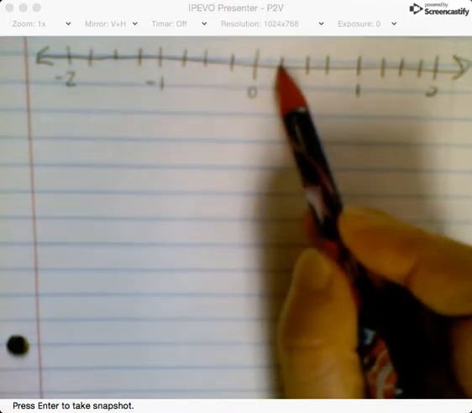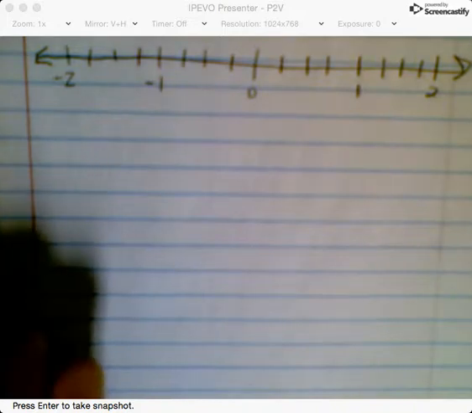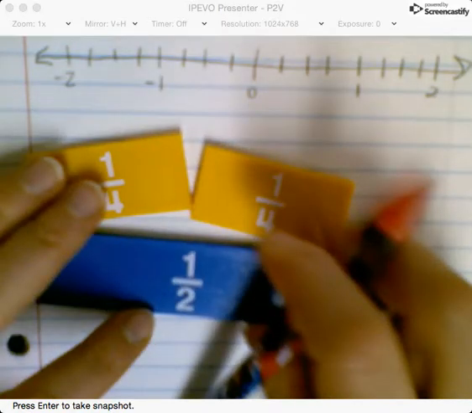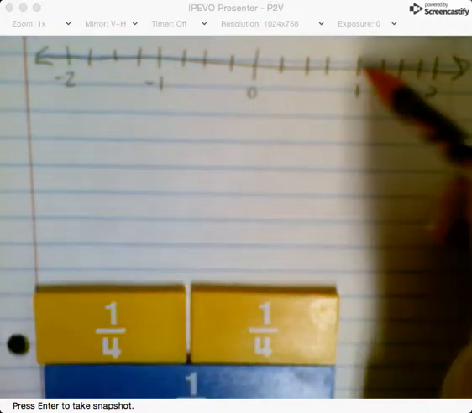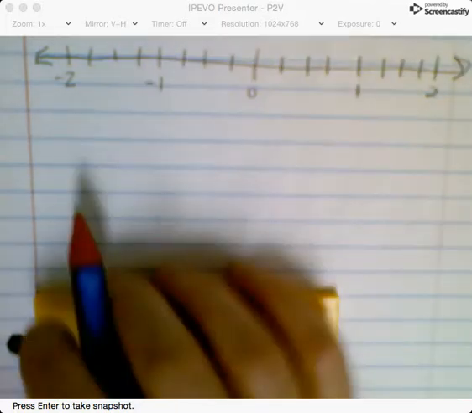So if I had 4 spaces, then I would know that this is divided into fourths because 4 fourths equals 1 whole. Okay, so each of these, this would be 1/4, this would be 2/4, and remember, as a visual, 2/4 is equal to 1/2. 3/4, and then 1. So if I were asked to plot the points A equals 1/4, B equals